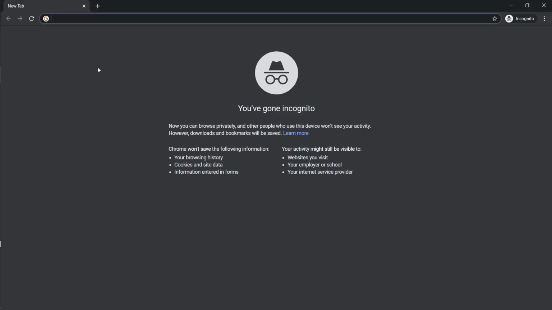Normally the patient's not going to need to do this, but since we're currently logged into the system as a therapist, this is going to allow us to log into the same site as a different user. So from here on are the exact steps you would give to your patient. They would go to